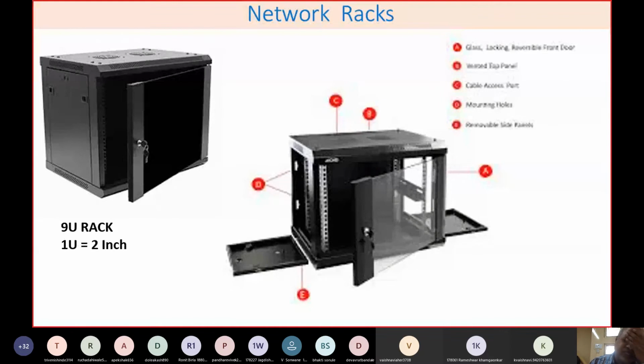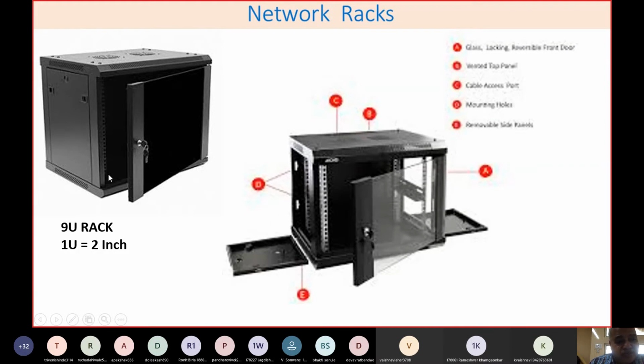But based on how many switches and how many patch panels you have to connect, accordingly you have to decide which rack you should have. Having a rack is the conventional or best way, because it has a lock and key arrangement. It has some transparent glass over here. It will show how the networking is on, and how the LED indicators on a switch lamp give you the proper operation, and from this you will come to know whether the network traffic is normal or abnormal, you can judge from it. Then most importantly, just to have some aeration, inbuilt fans will be there.